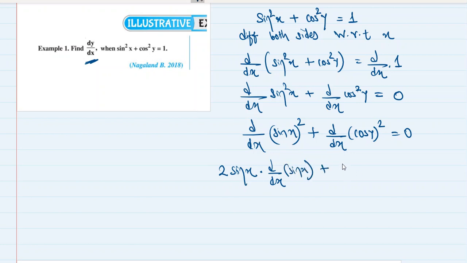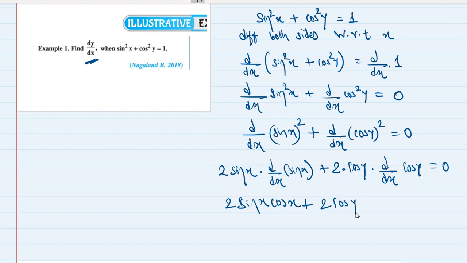Here also the same thing. I'm going to treat the whole square as one function to be differentiated, which will become 2 multiplied by cos y. I imagine cos y to be some other simple function, multiplied by d by dx of cos y, which is equal to 0. So this is 2 sine x multiplied by d by dx of sine x, which is 2 sine x cos x, plus what we will get over here, 2 cos y